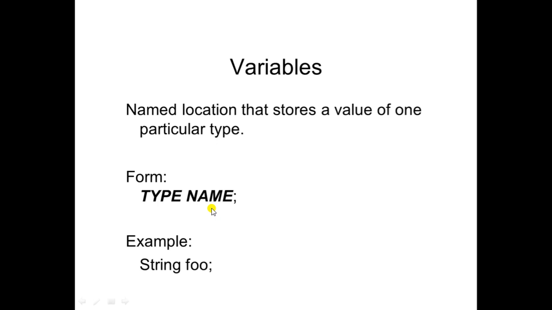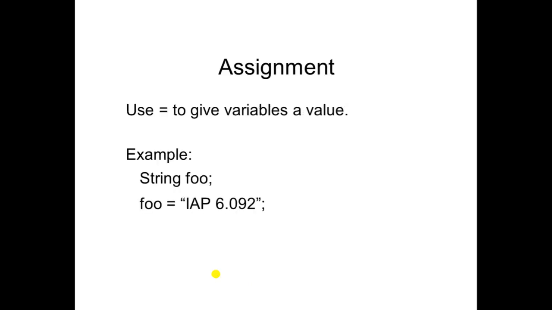So here you can have the examples of type, the variable. So type will be your string and the name of the variable is foo. And one thing you will observe here, you have to terminate it by the semicolon. Every statement has to be terminated with the semicolon. So what happens? The foo variable will get created of type string. But if you observe here, we have not assigned any value to the foo variable.